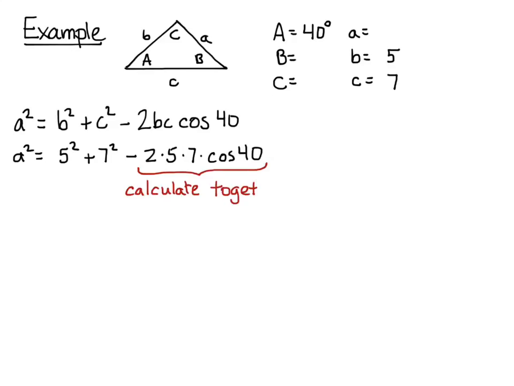And my admonition, again, I've seen it too many times where people want to first multiply 2 times 5 times 7 and subtract it from 5 squared plus 7 squared. Multiply by the cosine of 40. And so what we should get is